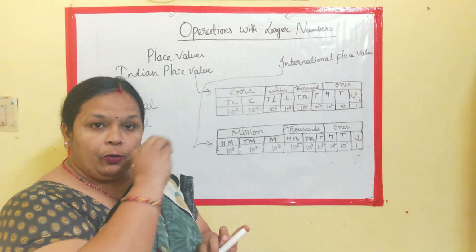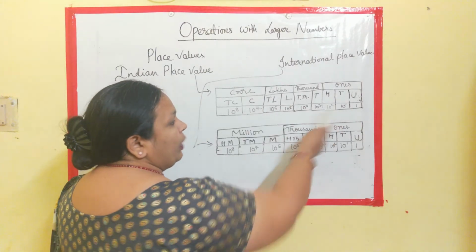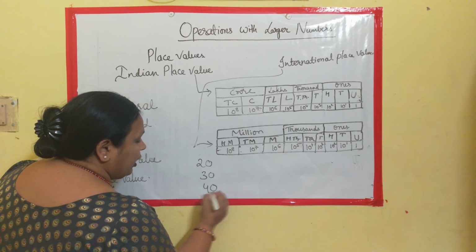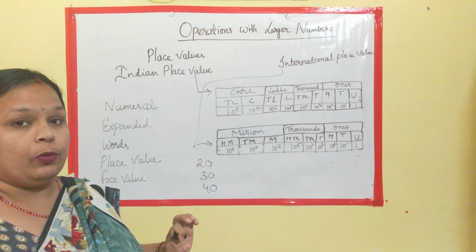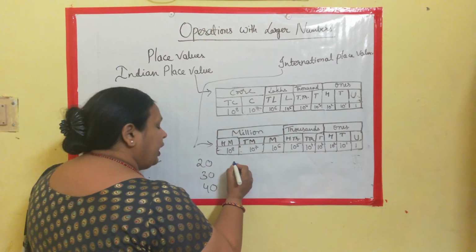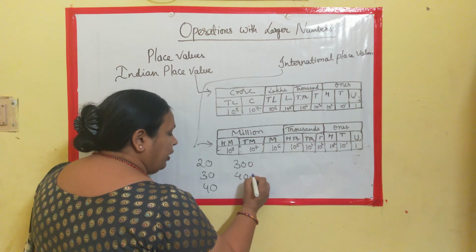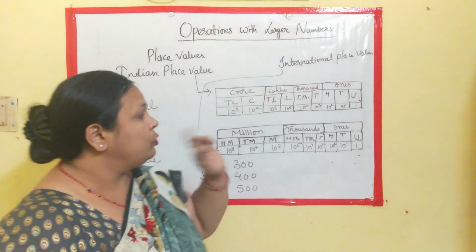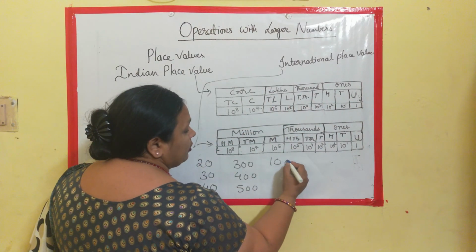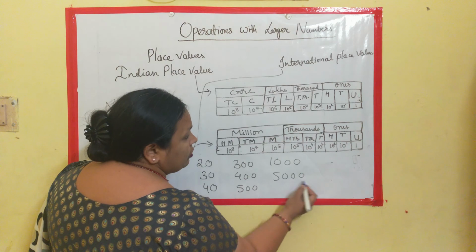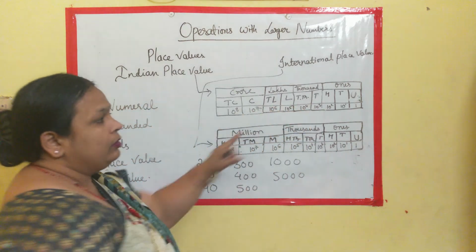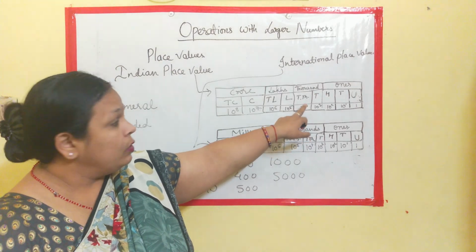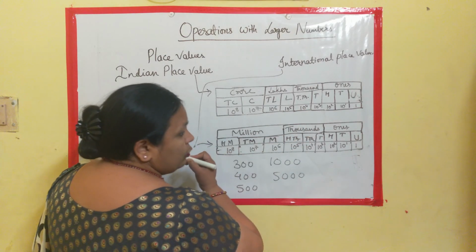If it is 10 to the power 1, we have only 1 zero. See, if you write 20, 30, 40, how many zeros are there? Only 1 zero. Clear? If you are writing 100, 300, 400, 500, how many zeros? 2 zeros. So 10 squared has 2 zeros. 1000, how many zeros? 3. So below 10 I have written 3 zeros. Then 10,000 has 4 zeros. Similarly, here also 4 zeros.